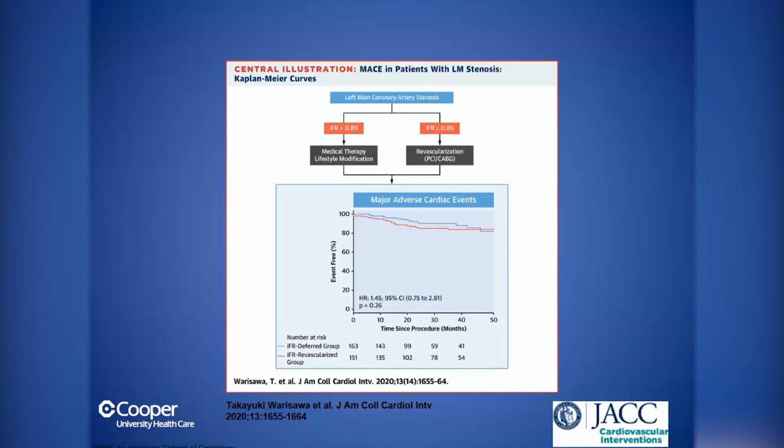They followed the two subgroups for more than 50 months, and they both did very well, concluding from the trial that iFR of 0.89 is a very good tool to assess the left main disease. The problem with this trial, although it's very important, is that it adds only a little bit of data for us